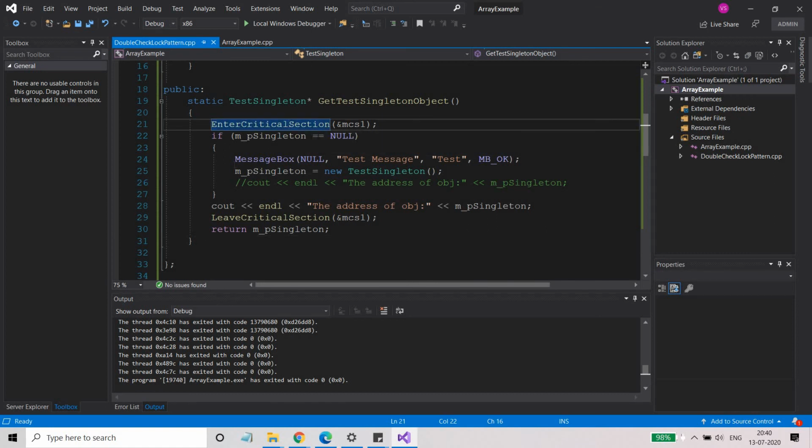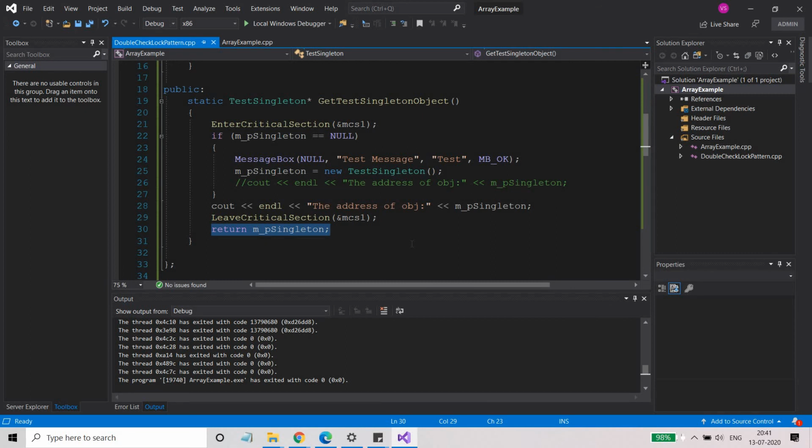Once it is done, the second thread will find that it is not null, so I don't need to run this particular logic, and it will return the particular singleton object. Okay, so this is the way you just need to add it.